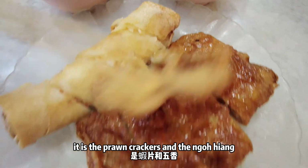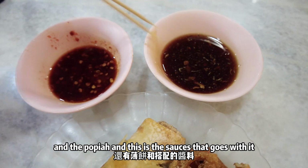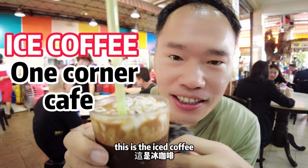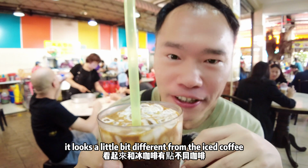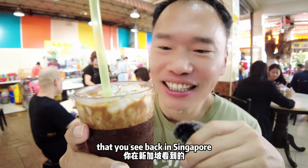The prawn crackers and the ngoh hiang and the popiah. And these are the sauces that go with it. So it costs 7.80 ringgit. So first thing first, this is the iced coffee. Yeah, 2.20 ringgit. So it looks a little bit different from the iced coffee that we see back in Singapore,